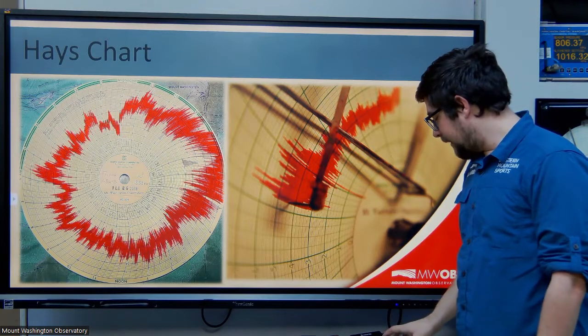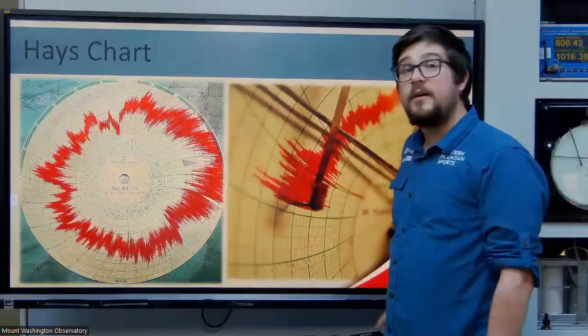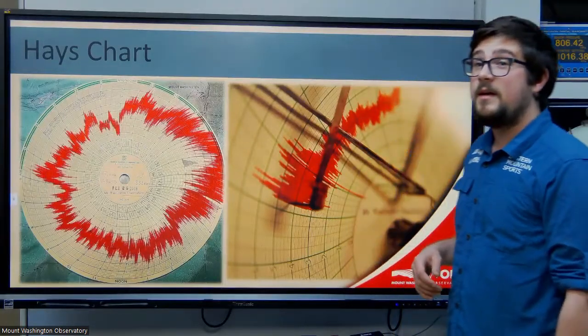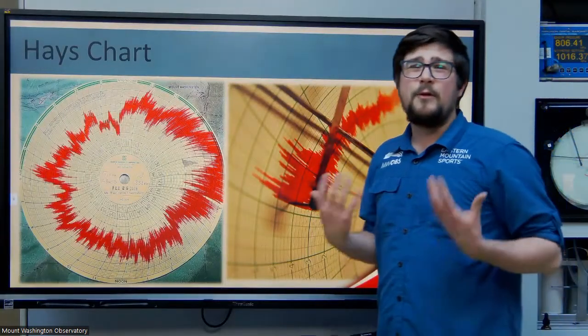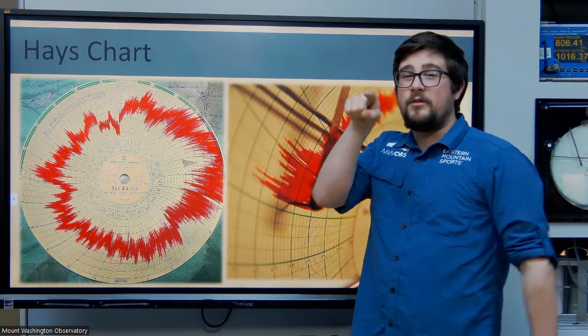Just a quick example here, we'll pull it up on the full screen. The haze chart you see there is our strongest wind in the 2000s, February 26, 2019. The maximum wind gust was 171 miles per hour, actually going off the chart there briefly. So quite an incredibly windy day. Behind me, the haze chart's a lot less busy. I would show you, but it's really not all that exciting. It's just pretty much a concentric circle around the middle.